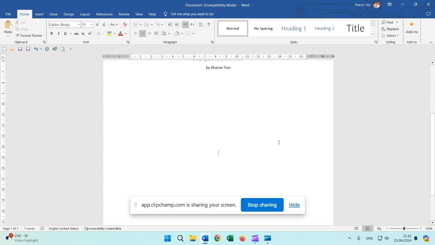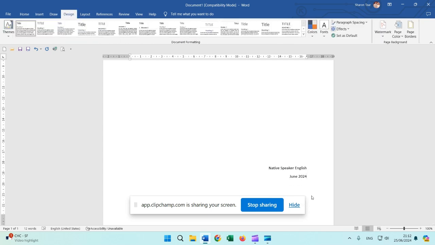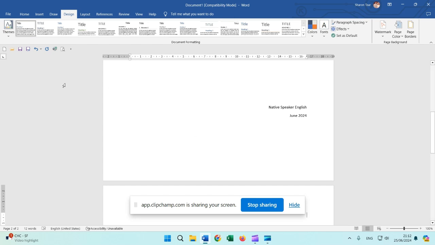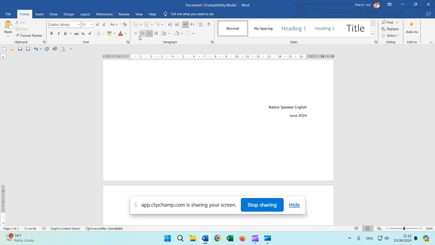Near the bottom, we're going to justify this to the right, and we're going to write the name of the course. So here it's going to just be Native Speaker English and a date, June 2024. That's my first page, my cover page. Now I'm going to my next page. I'm going to go back to my regular